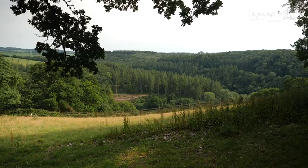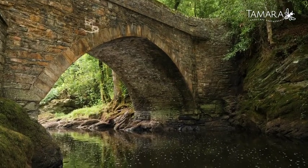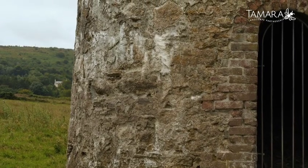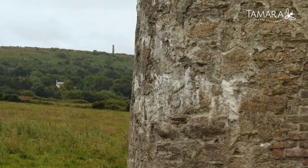The Tamara Landscape Partnership scheme is a whole landscape scheme. So it's looking at all the elements within the landscape, the natural environment. But key to that, particularly in this area, is a rich time depth of heritage. Anything from the prehistory that's behind us on Kit Hill to mining heritage that we're well known for, but also